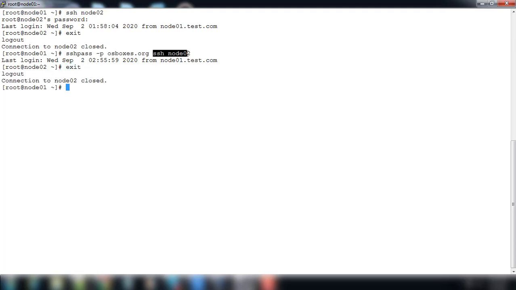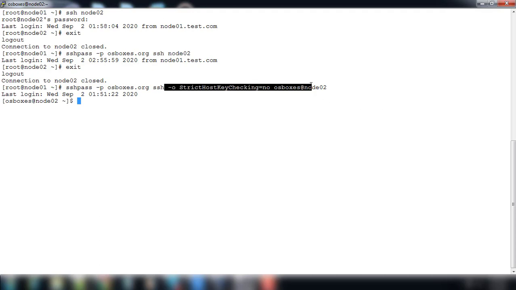We can exit and, like I said, use other options like -o StrictHostKeyChecking=no, and then I can use osboxes at, which is a different user. Whatever SSH options you want can be used here.